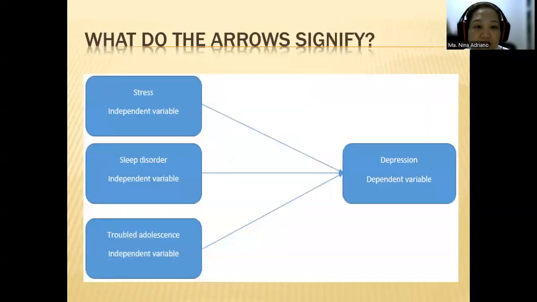Okay, so this is an example of another conceptual framework. Dapat ang conceptual framework, hindi magulo. Kasi nga, kinaklarify niya ang study mo eh. Dapat malinaw ang mga variables mo. So as you see, you have 4 variables here. 1, 2, 3 are independent variables. And on the right side is your DV, dependent variable. And we are looking at the effect. How did I know? Because you have the arrows here, 3 arrows pointing to this particular dependent variable.